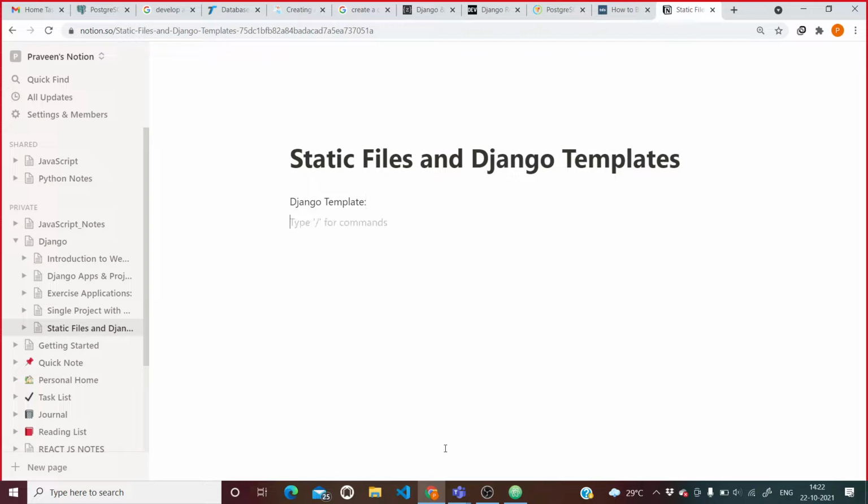So we will start with what is a Django template. It is not recommended to write HTML code inside a Python script.